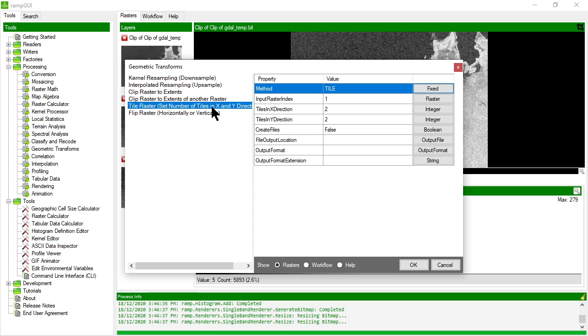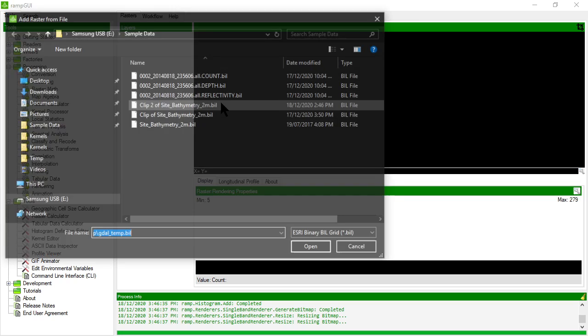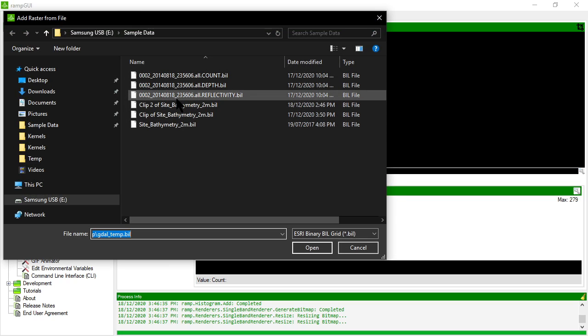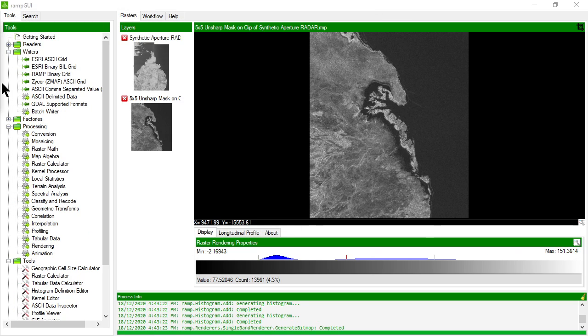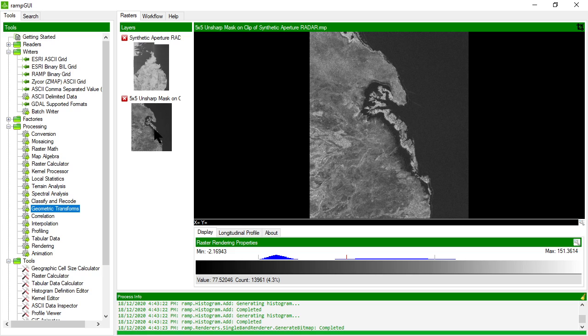So we'll look at tiling next. Let's just clear the rasters in here and put a new raster in that we can do the tiling on. So just wait for that whilst I do that. So to look at the next tool, I've imported some more synthetic aperture radar data, and I've extracted a little portion of it and smoothed it,